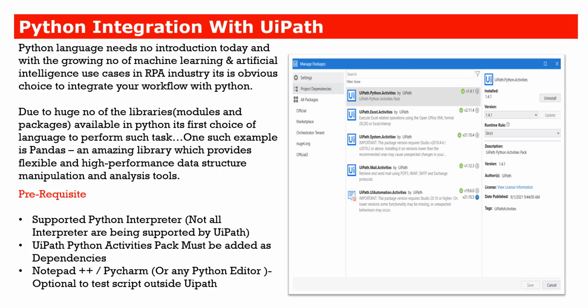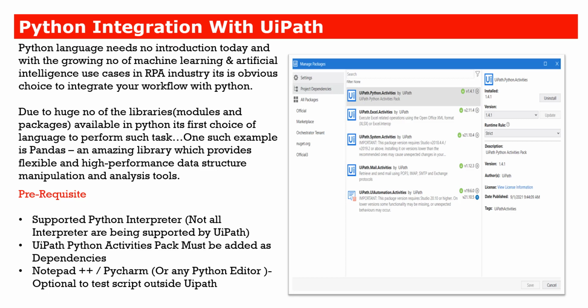the next one, which is really important: how Python integration works with UiPath. The Python language needs no introduction today. The reason being, it is growing at such a pace that for machine learning or artificial intelligence use cases in the RPA industry, it's quite an obvious choice to integrate your workflow using Python.